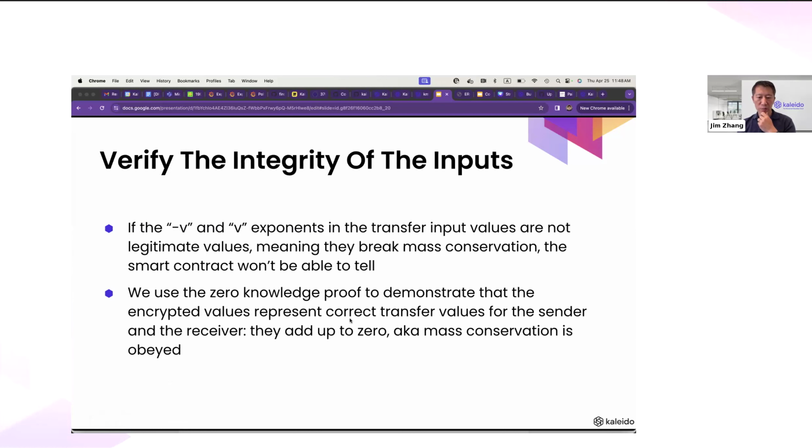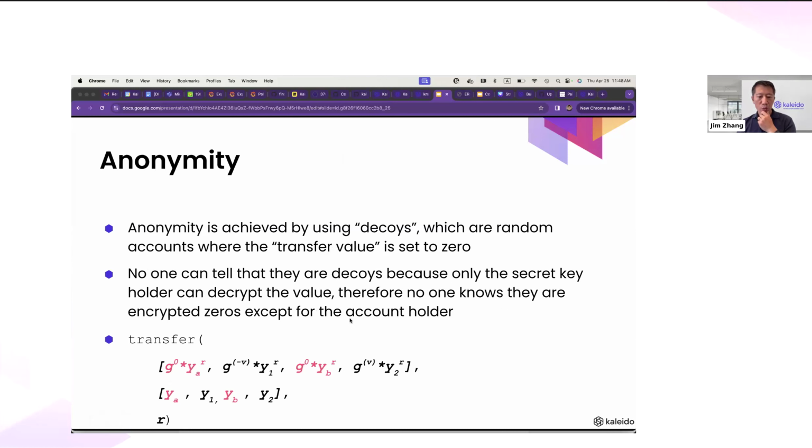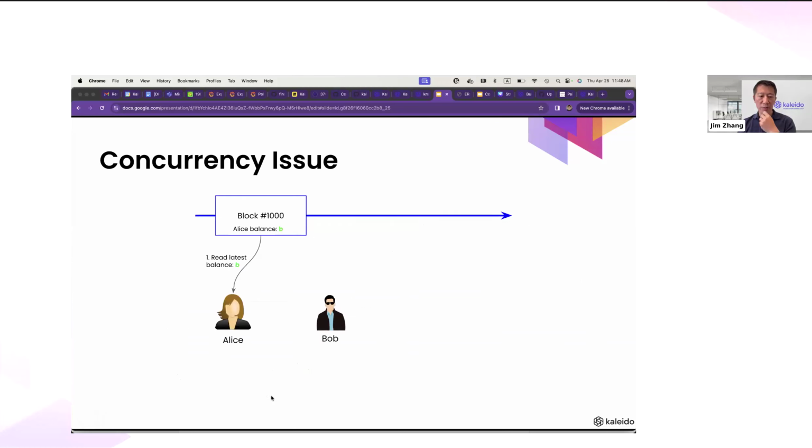created in the process. With anonymity, let's say there are these additional parties A and B besides 1 and 2. So let's say 1 is the sender, 2 is the receiver. We add 2 more as noise or decoys, A and B. Then you add all of them to the list, and then you list their corresponding public keys in the same order, and they can be processed by the smart